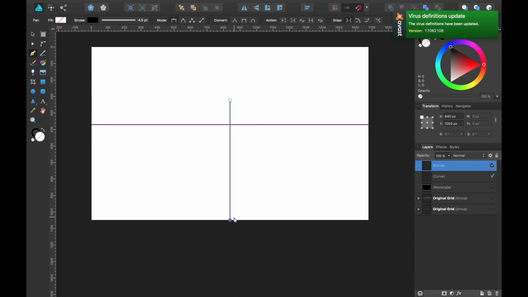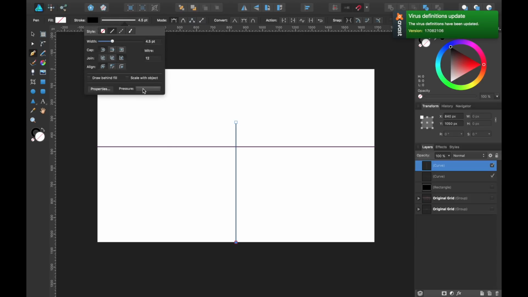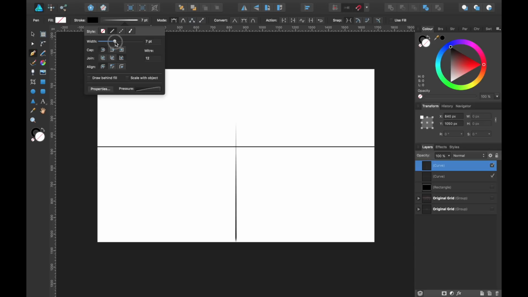Now we're going to want to make the bottom fatter than the top. So let's head over to the stroke tool, and we're going to head to pressure. We're going to click a line in the middle there. If we drag them down, you can see that both sides are getting more thin and the center is remaining the same. So what we want to do is drag this across, and that will make the bottom of the line fat and the top thin. Okay, so now that I've seen it, it's still quite thin, so I'm going to up that a little bit.